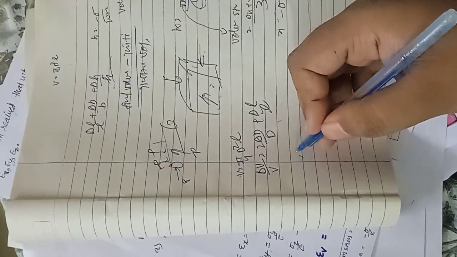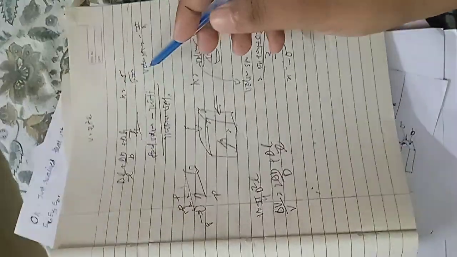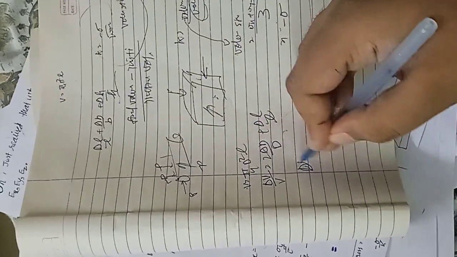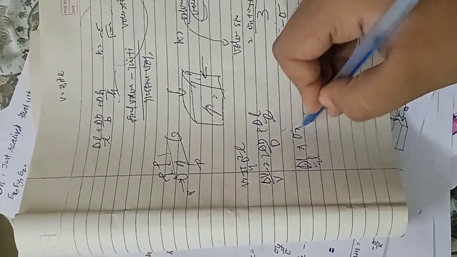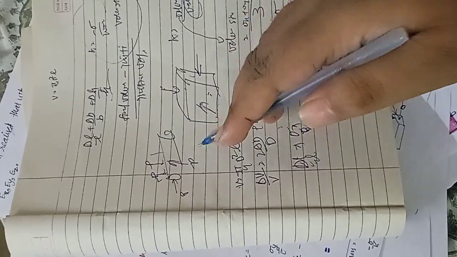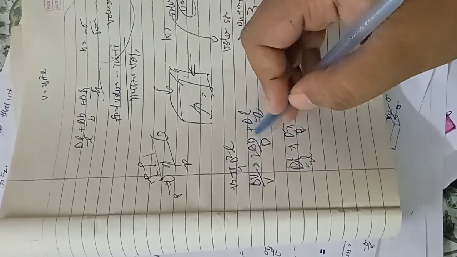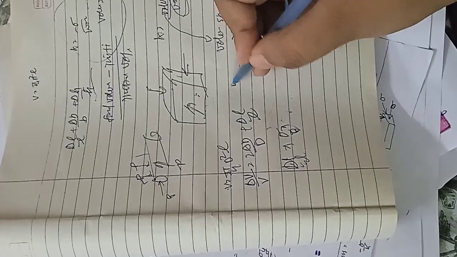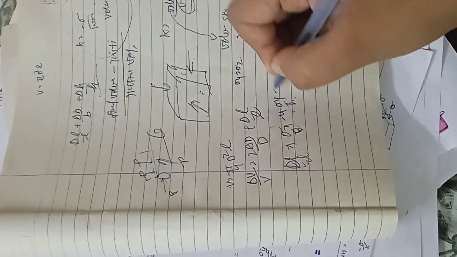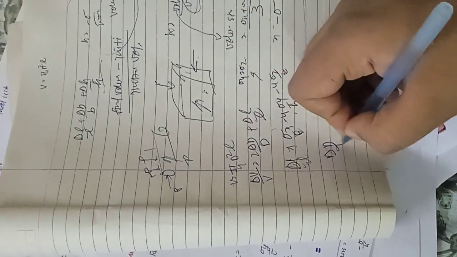Delta L by L is equal to, you cannot use volumetric stress upon volumetric strain equal to K here, but you can use delta L by L is equal to sigma x by E, and it is a rectangle, sorry, it is a cylinder. So for a cylinder, Ey is equal to Ez, so minus mu sigma y by E minus mu sigma z by E, the values of these two are equal. Change in diameter by diameter is equal to,